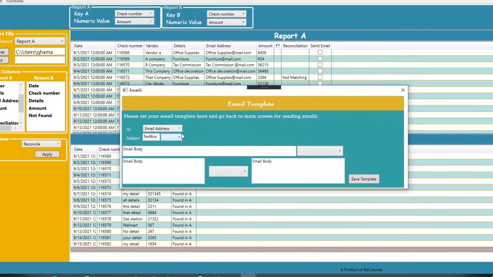It's in the drop down list I would see all the column names from report A. So I'm selecting this email address column, to it should be sent to, and in the subject I would type this is for check number and space, and then right here I would ask the application to pick the check number, and the email body I would write dear the vendor name, and then I would write here this is to inform you that